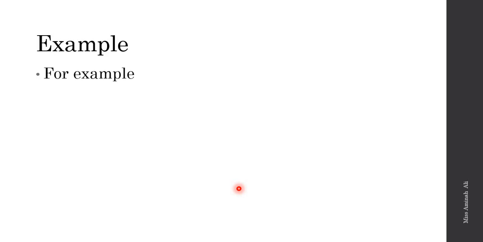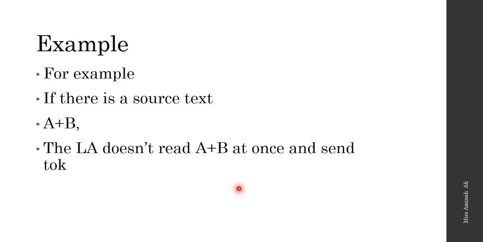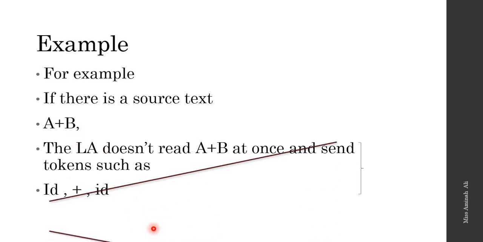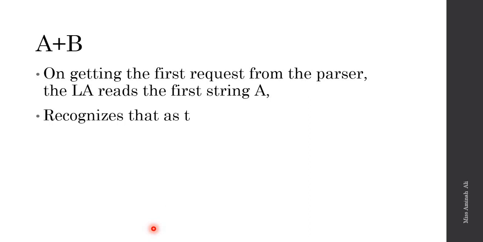So we will take an example of how tokens are made one by one, not at once. For example, if there is a source text, let's say a plus b. The lexical analyzer does not read a plus b at once and send the tokens as: a is an identifier, so we say id, plus is a plus sign, an operator, and b is again an identifier. No, it never works like that. How it actually works, let's say we have a plus b. On getting the first request from the parser, the lexical analyzer reads the first string a, recognizes that as